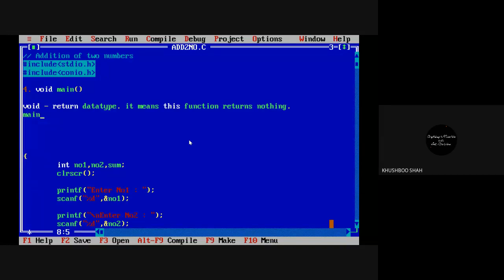Okay, good. Then we have main. What is main? See the difference: main is a main function. See the difference between capital and small letters. Do not forget to write these brackets, the parenthesis. This main is the main function of any C program. Whenever you see a C program, the program will always start with the main function. So it's the main function for each C program.